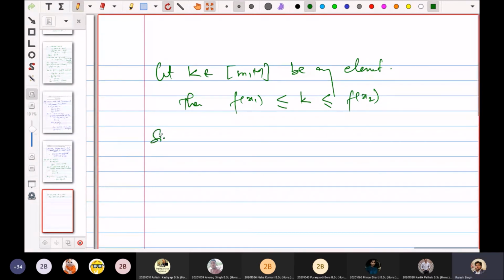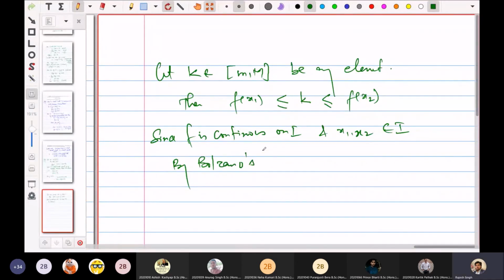So since f is continuous on I and x1 x2 belongs to I, so by Bolzano's intermediate value theorem हमारे पास क्या होगा,